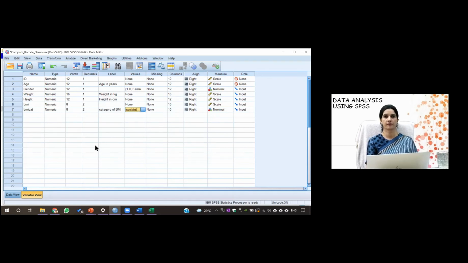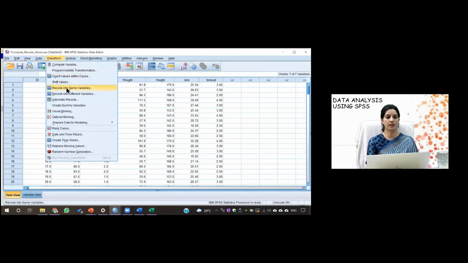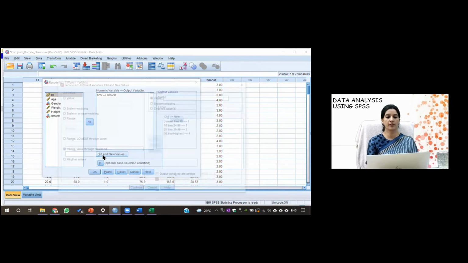Yes, 18.1, you are right that I can go again to transform, and I use this recode into different variable. Here you can go to old and new values.